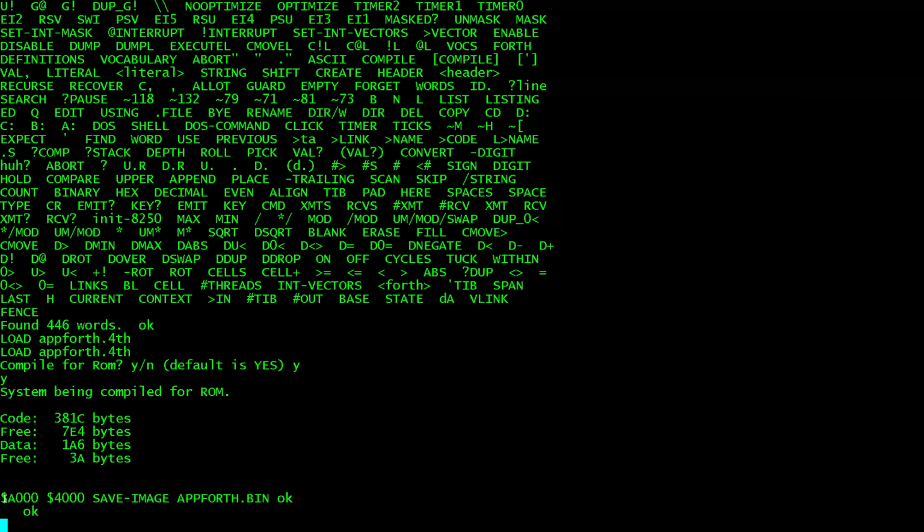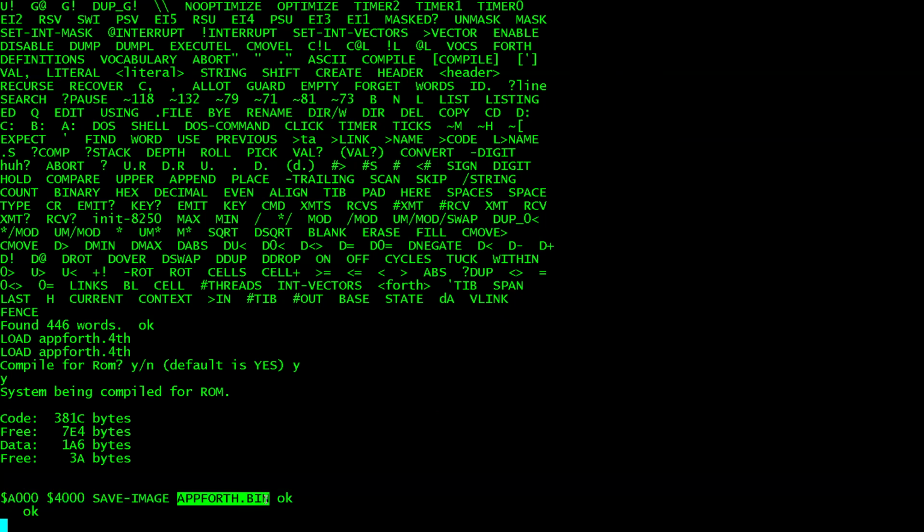All that stuff resides, that's hard-coded, starting at address A000. It saves 4000 hex, so 16 kilobytes of image, and it will save the image